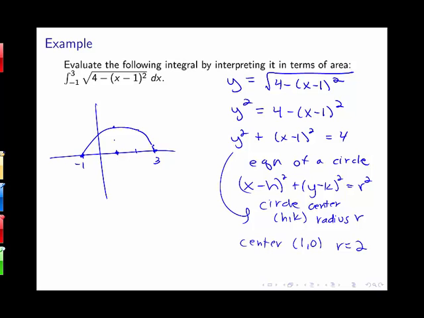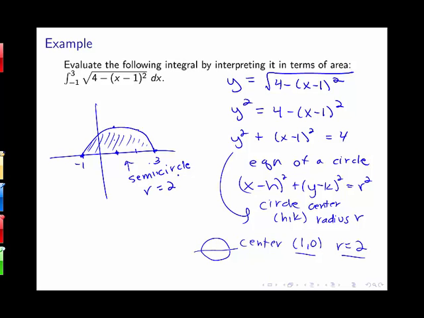Okay, so now notice it was just the positive square root. The circle would have included the top half and the bottom half, but we just have the top half because our function is just this positive square root. So this integral from negative 1 to 3 of this positive square root represents the area under this curve. But notice that that's half the area of a circle that's centered at 1, 0 with a radius of 2. So what we have here is a semicircle